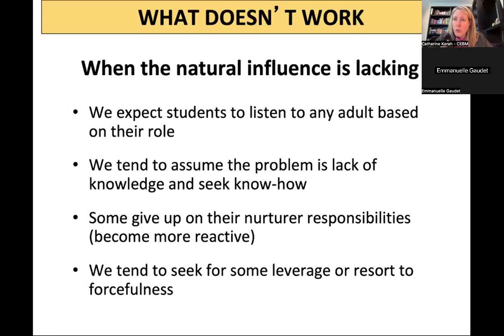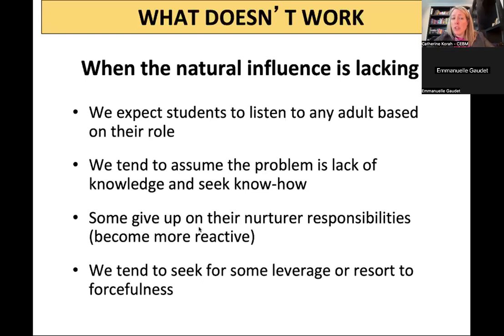And so am I important to them? Do they feel safe with me? Do they know that I'm there for the right reasons? And so once you've got the relationship, it is through the relationship that we are able to better accompany them and help them to be more successful. And so sometimes when the adults are tired or overwhelmed or frustrated or discouraged, we have the reflex at times to focus on trying to gain more knowledge, which is not necessarily a bad thing, but it's not necessarily about what we know. It's more about the dynamic with the student.